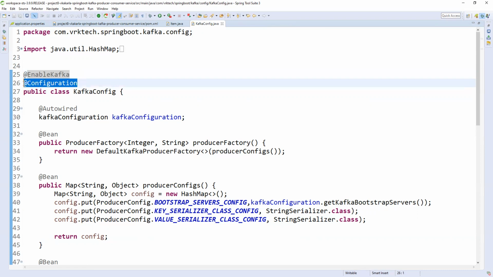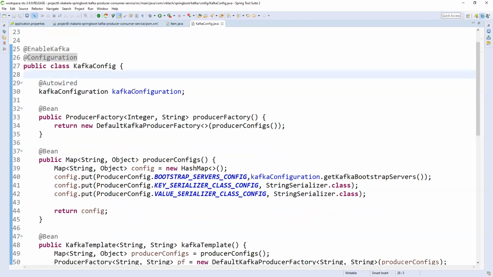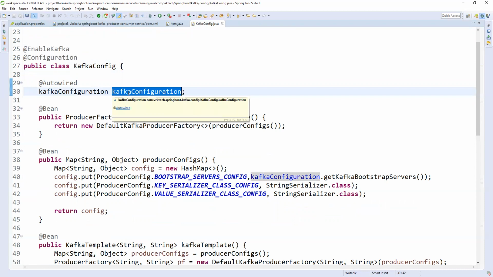When we do configuration inside a class, you need to tell Spring in the proper way: hey, Spring container, I am doing some configuration here. When the application is running, you need to take care of creating the beans I configured inside the configuration class. That is what we tell the Spring container via the configuration annotation. It is required here because we are loading all the properties from the properties file through this configuration class.